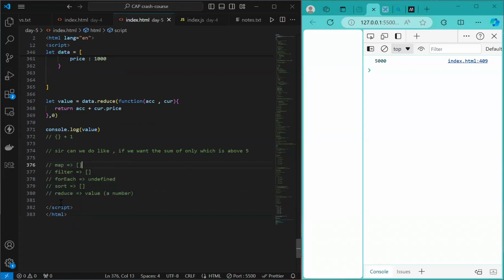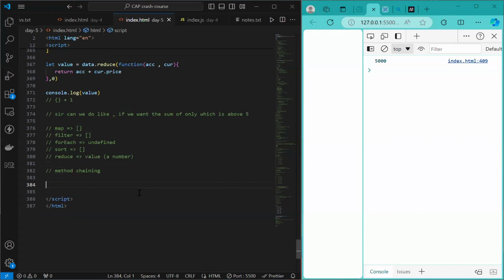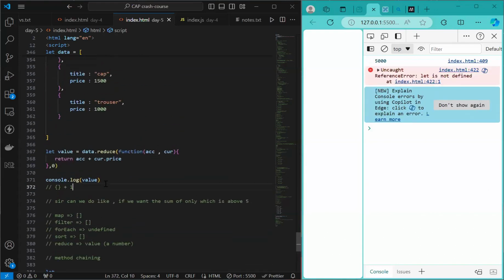So now if I store the product of all of these in a variable, कौन कौन सी चीजें रीयूज हो सकती हैं? रीयूजेबल कौन कौन सी चीजें, कौन कौन से मेथड्स रीयूजेबल हैं? Map, filter and sort only, right? तो there is a concept which is called method chaining, right? What does that mean? We chain one method to another. Let's see. So let me just comment this one out real quick,